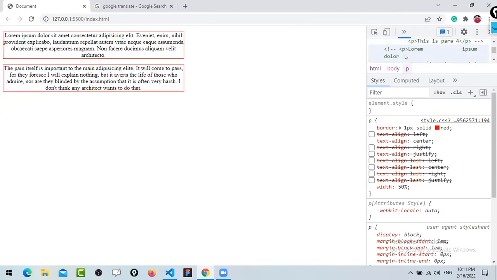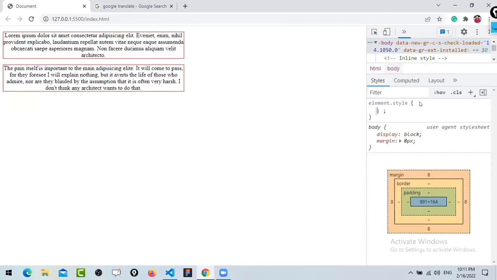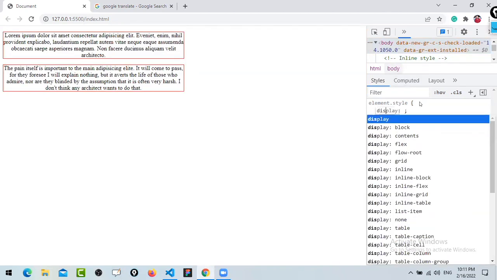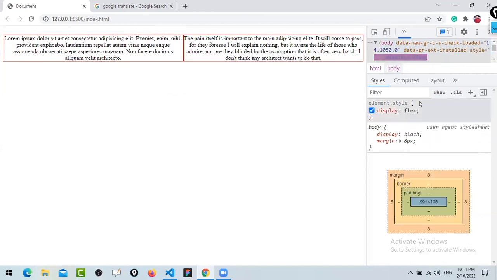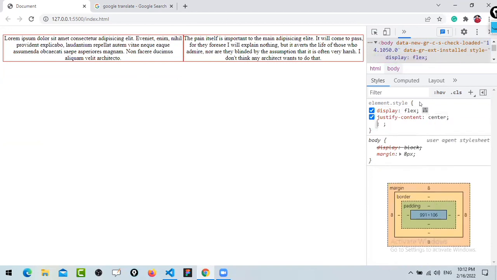If I want to make the element at the center, then yes. For that we have many ways to align any element in center. By using the transform translate property, and positioning. Another way is to simply target the body and apply display flex, and justify-content center. And width, let's say, for that one we can say